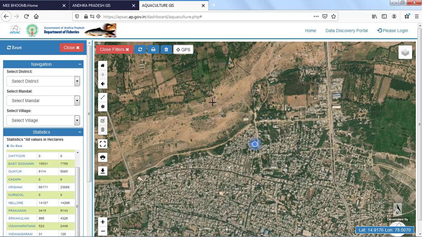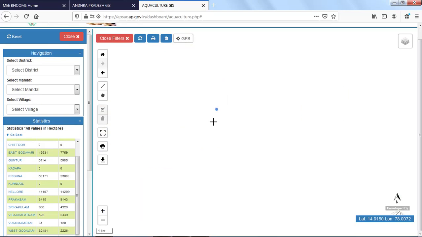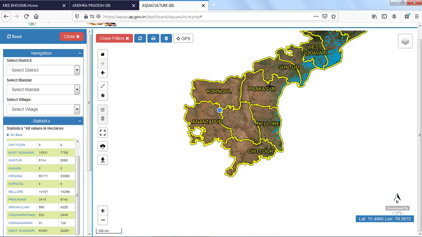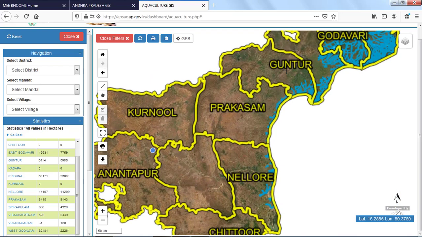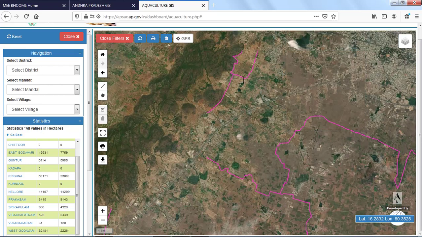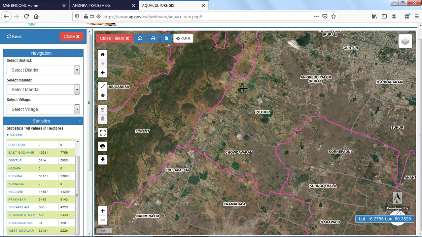Just zoom out. Let me zoom in to Guntur district. Wait for a few minutes.